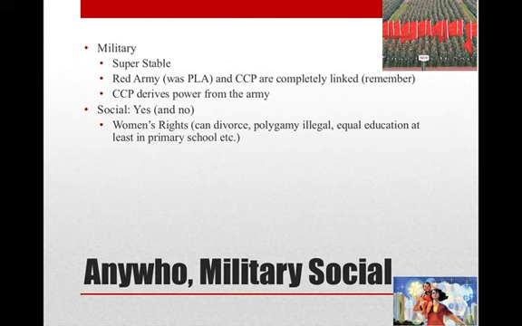Social reforms, do they happen? Absolutely. That's one of the things. Remember, if you're ever stuck in a timed writing, if you're talking about a communist revolution, remember one of the things about communism is everyone is equal. So you can lean on some equality always. Women do receive some rights. Guys, in the imperial China history,